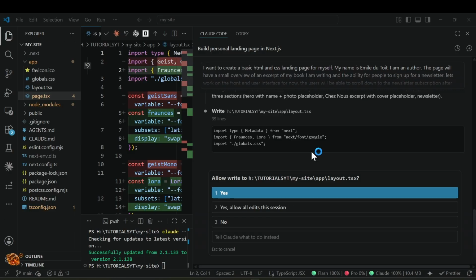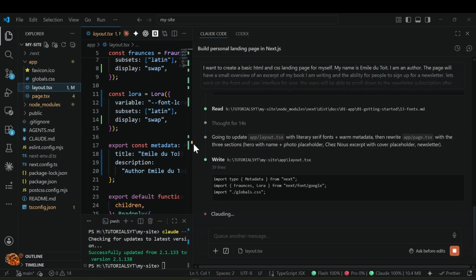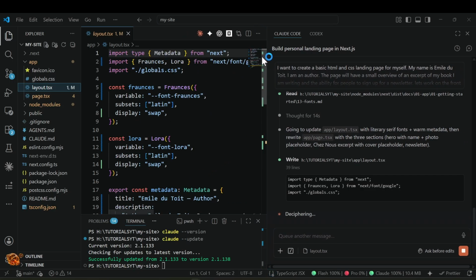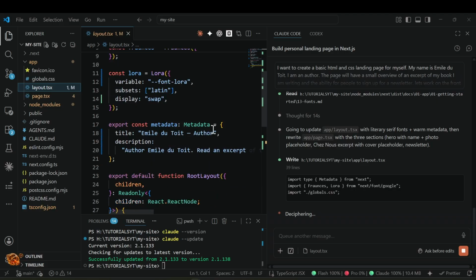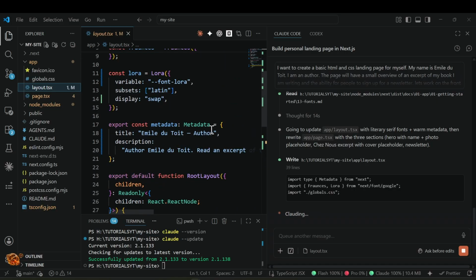So it's asking us our permission to update the layout file. We're going to say yes. And you can see it will start updating this file. Just make a bit of room. The green sections show you where it's writing the code. Like I said, you don't have to understand the code at this point.